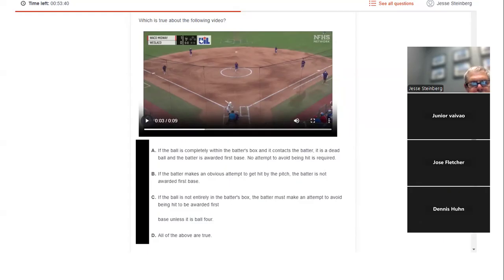No attempt to avoid being hit is required. B, if the batter makes an obvious attempt to get hit by the pitch, the batter's not awarded first base. C, if the ball is not entirely in the batter's box, the batter must make an attempt to avoid being hit to be awarded first, unless it's ball 4. Or D, all of the above.